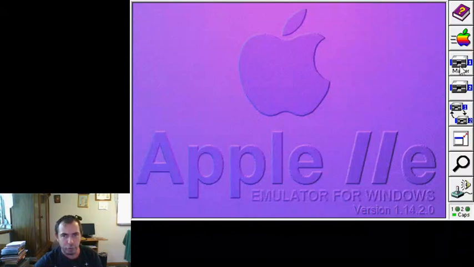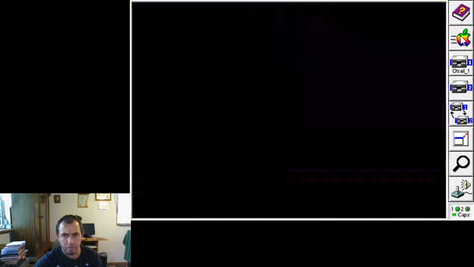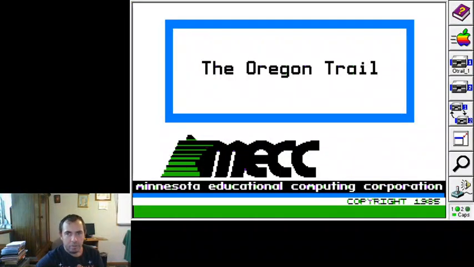Okay, so first thing that we do is load the ROM into the disk drive. This is like putting one of those big 5 1/4 inch floppy disks in there. And I think, if I remember correctly, the game was on a two-sided disc, and then you had to flip it over partway through the game. I think that's how it was. Anyway, now you hit the Apple.